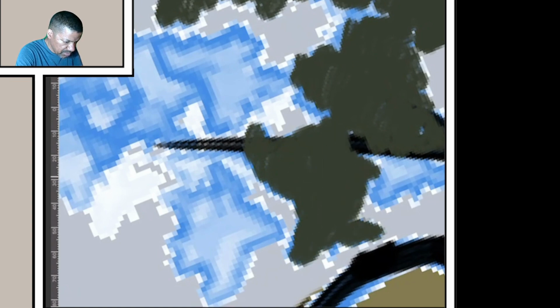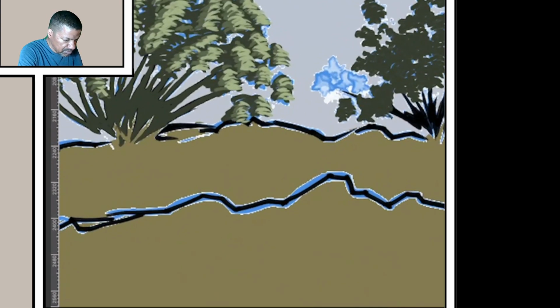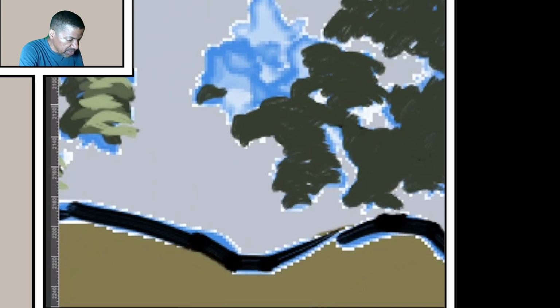These branches and foliage. So coming very close to having the first few pages colored. So close am I coming to getting these colored. I'm gonna have to start thinking about